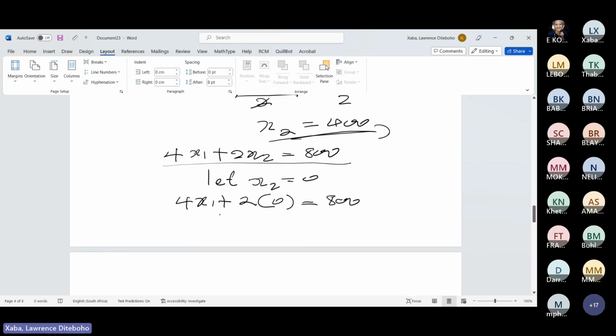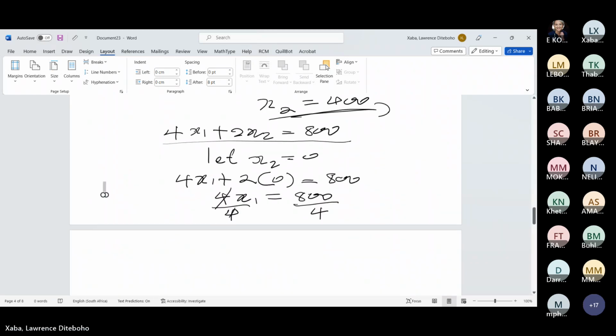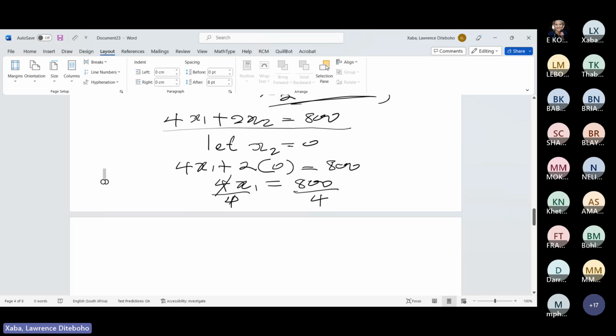Then we end up having 4x1 equals to 800. Then we divide both sides by 4. Then we end up having x1 equals to,